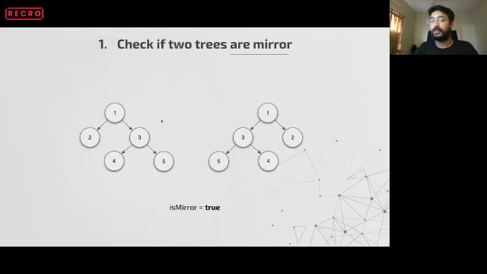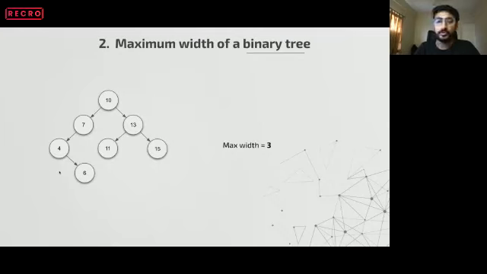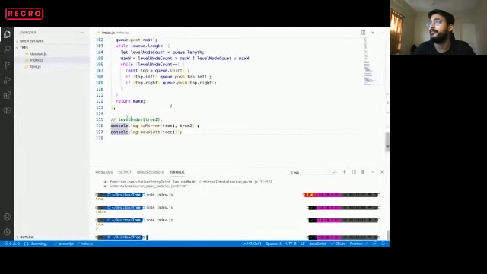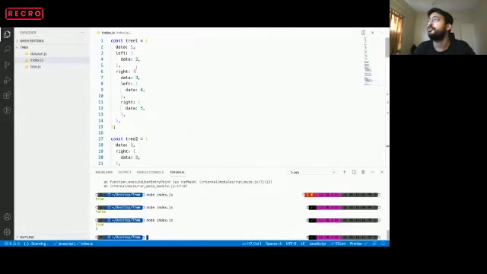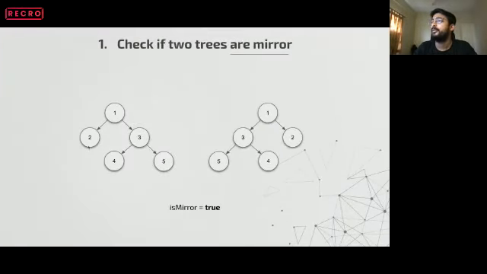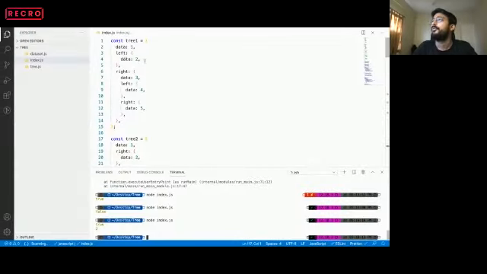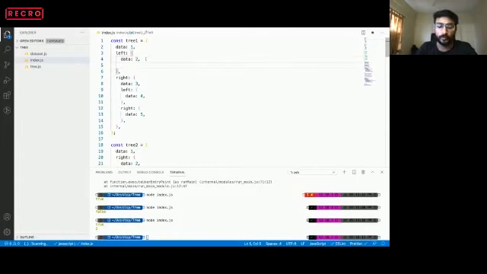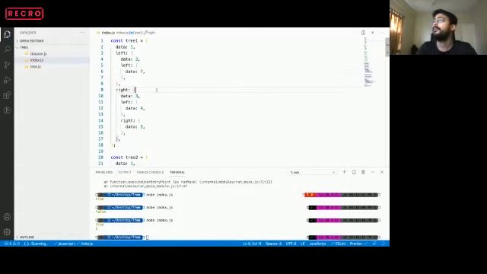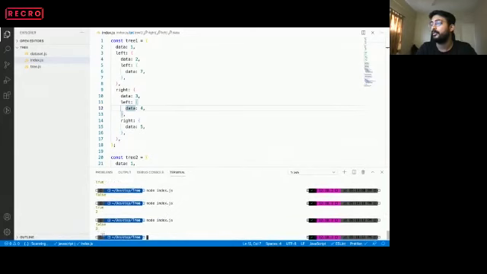Now let's try to modify the example and see if we are getting the right answer or not. We'll take the given earlier example, and we'll put some more nodes to it. So 1 is our root node. Let's go back here. We can put a left child of 2, correct? If we put a left child of 2, then max width will be 3, correct? So left is 2, and we'll put one more left child to it. It has data, let's say 7. That's all. Now if we run this, max width is 3.